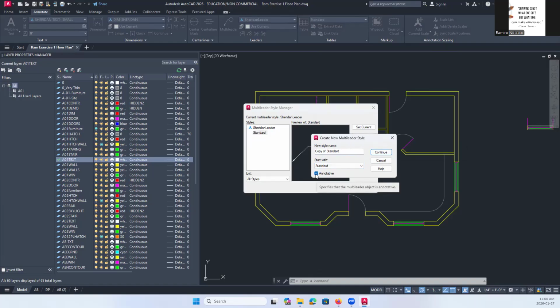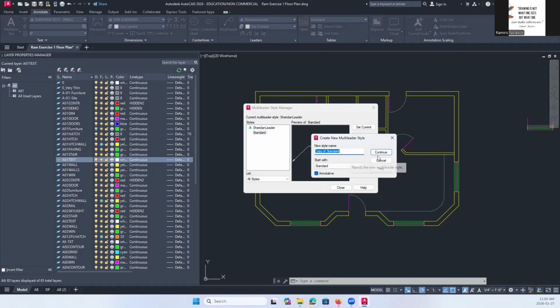So you remember annotative, it allows you to make the text and the arrows bigger or smaller as you change the plot scale. Okay. And then you want to name this Sheridan leader or your office leader style.